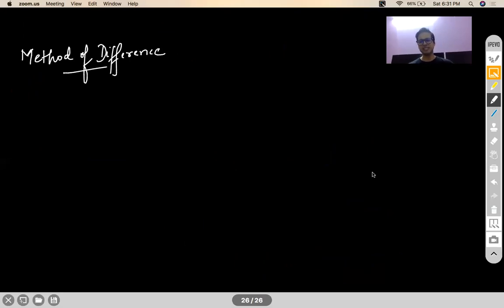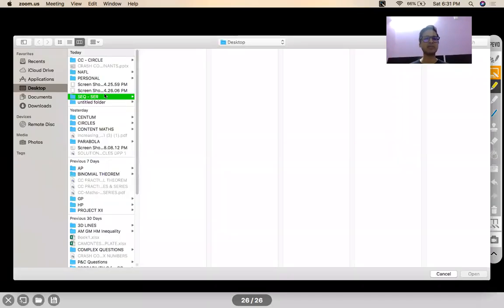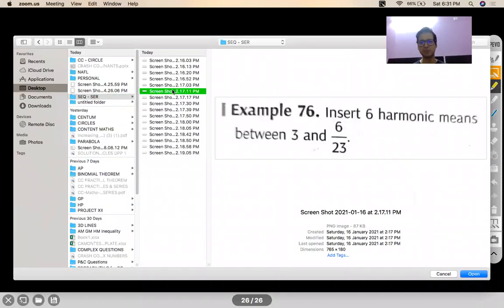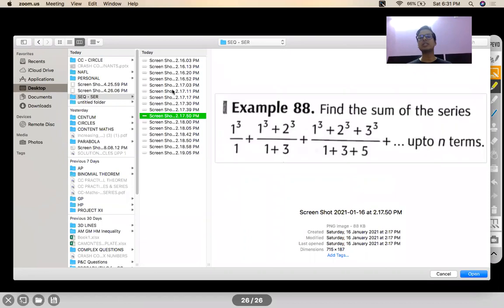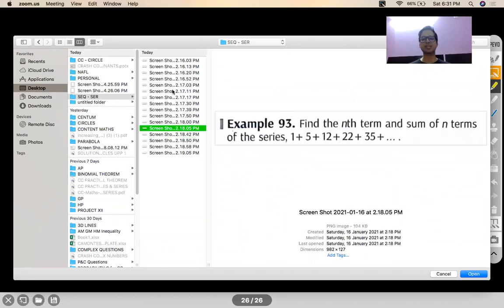Now, the next thing that we are going to learn is method of difference. Method of difference. Now, method of difference is basically used when you know that there is a sigma method of summation involved, but you do not know your Rth term. Okay, let me begin with a question. Probably that will make more sense to you coming from a problem statement. So let's say this question.